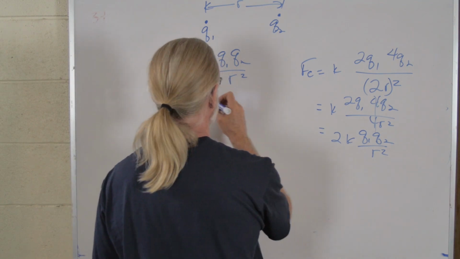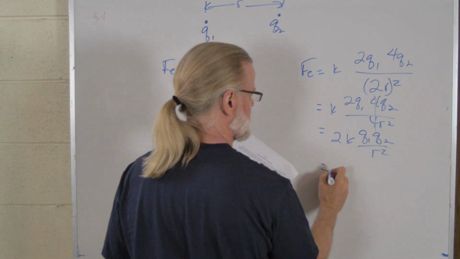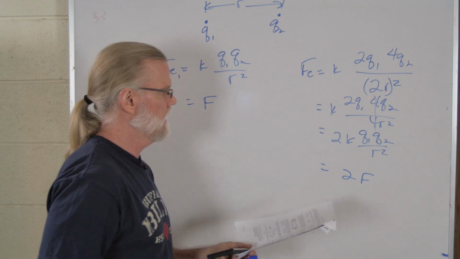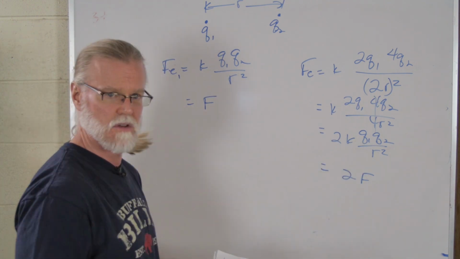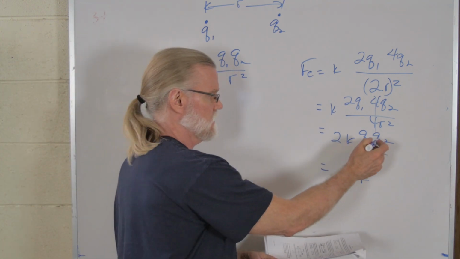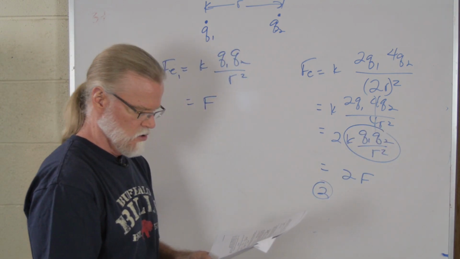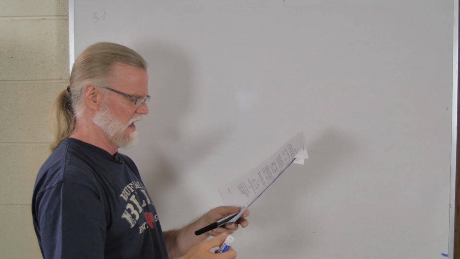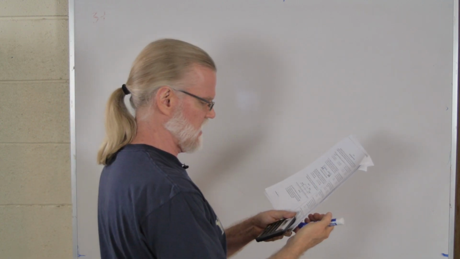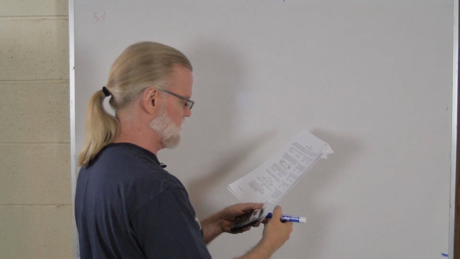So if this is F, then this is 2F. Right? That's F right there. It's F. So it's 2F. Right? This is F right here. F. Choice 2. Yeah. The composition of a meson with a charge of minus 1 element charge could be a